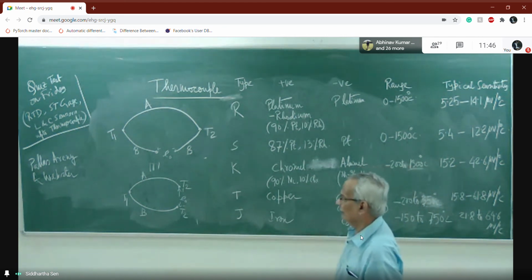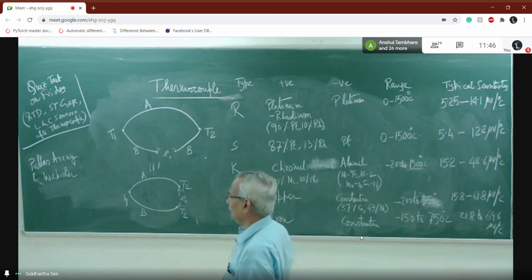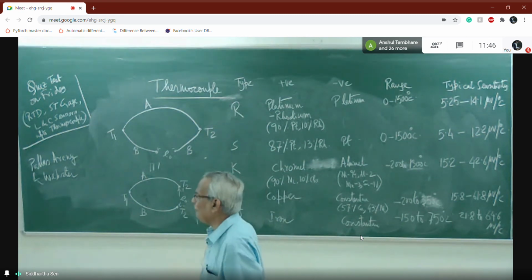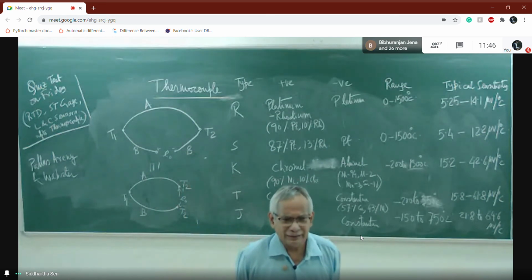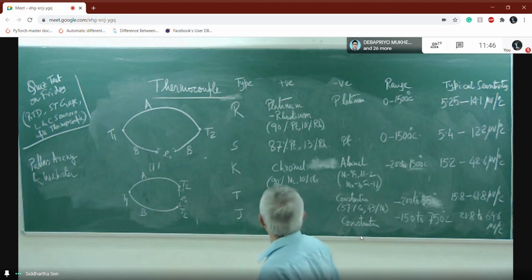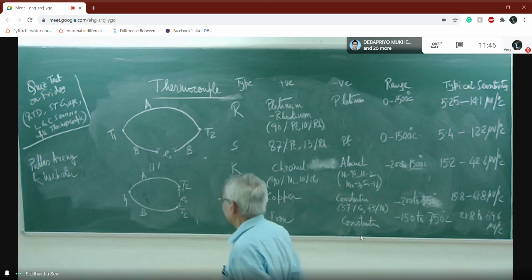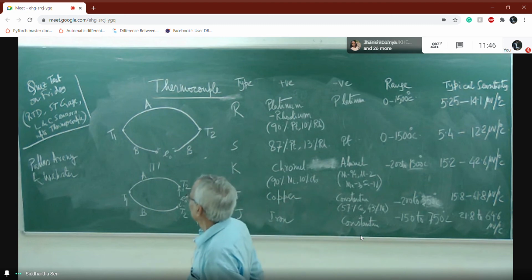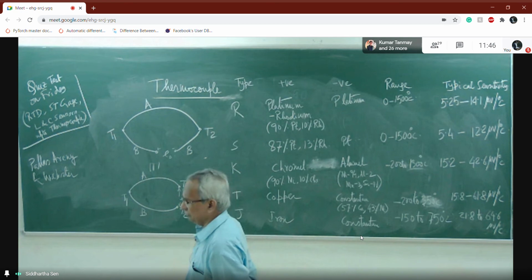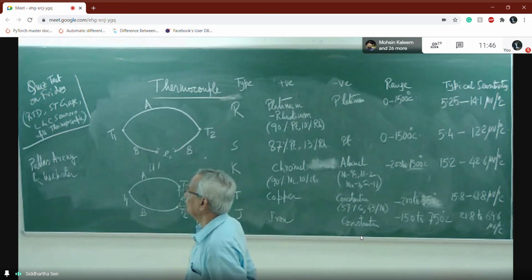But before closing this point, in many cases the temperature we want to measure is much higher than 1500 degrees Celsius. Even if any one of you have visited any steel plant, have any of you visited a steel plant? Maybe you are from Steel City. Anyone?